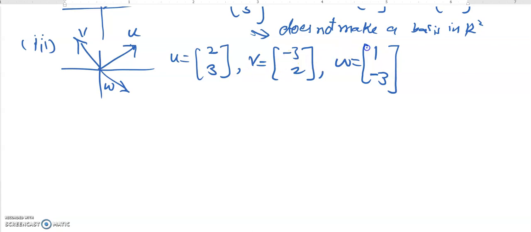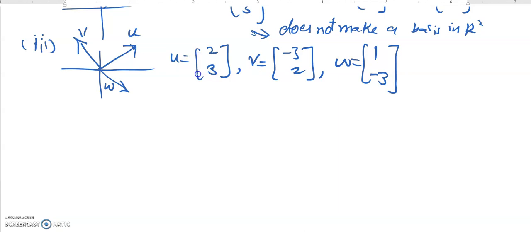We can find some number to multiply with U, and another number to multiply with V, and then we can get the third vector. Since these three vectors are not independent in this case,